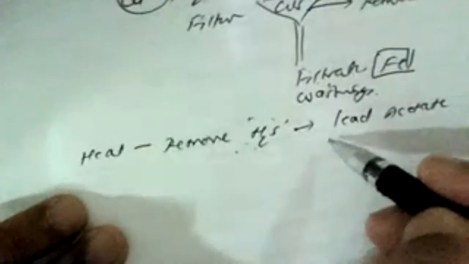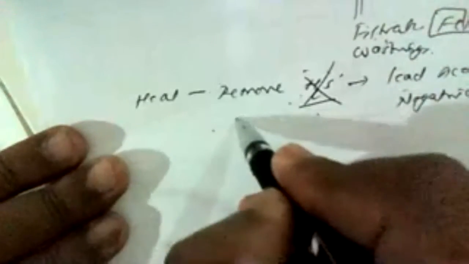How can we identify that H2S has been removed? Just prepare a moist lead acetate paper. When H2S fumes are coming out of the beaker, the lead acetate paper turns black, a mirror-like image is obtained. This indicates that the filtrate still contains H2S. So when a negative test is obtained for lead acetate paper, this indicates that H2S has been completely removed. At this stage, this solution is to be treated for the estimation of iron.